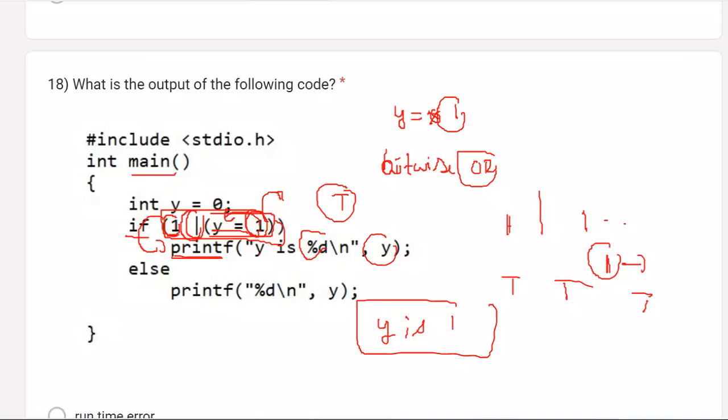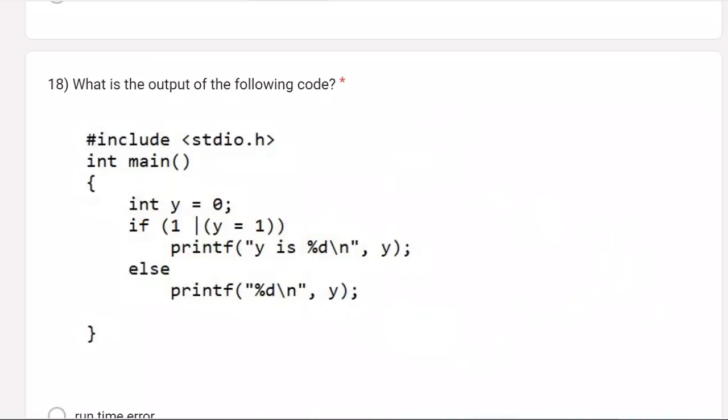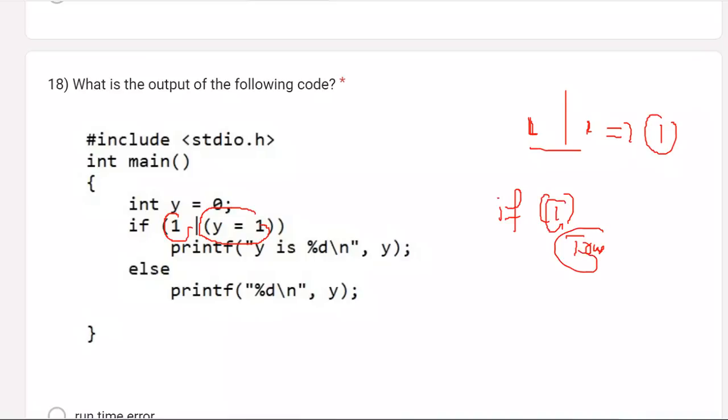Just listen clearly here. Here it is 1 and here it is also 1. For 1 and 1, you are using the bitwise OR operator. Bitwise OR of 1 and 1 will give you 1 as the answer. Whenever if of 1, that means 1 is true. Because it is true, you are able to enter into the if statement. So that's why y is